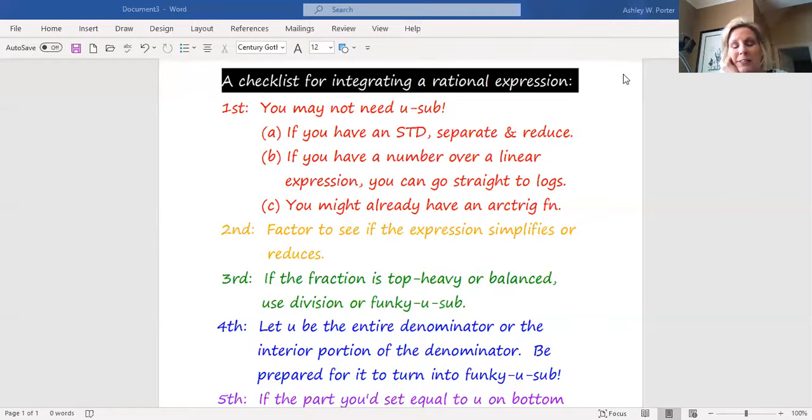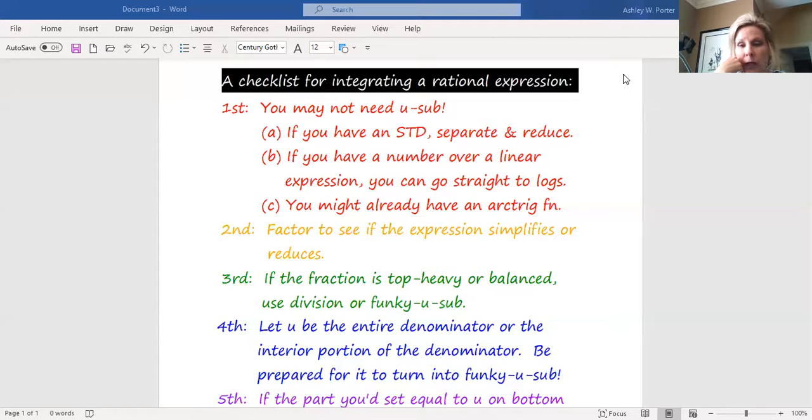Hey guys, so what we're going to do today is just try to work with rational expressions, because one of the most difficult things is just figuring out how to look at a rational expression and decide which one of the numerous things that we've gone over applies. And so I tried to distill my own thinking when I look at a rational expression down to something that